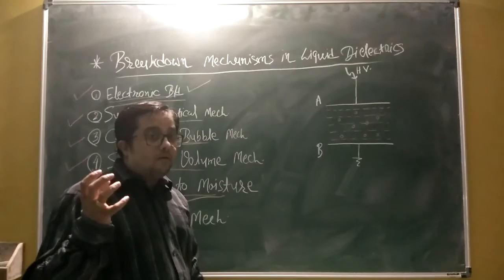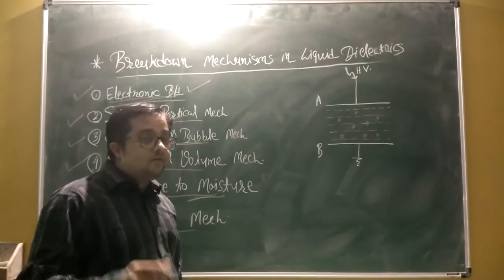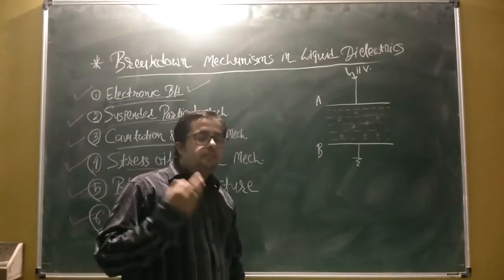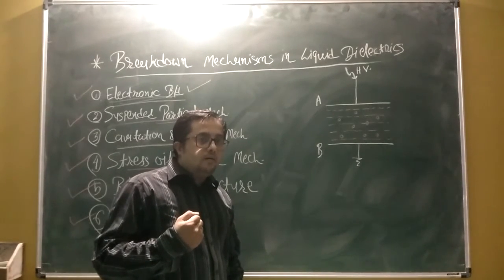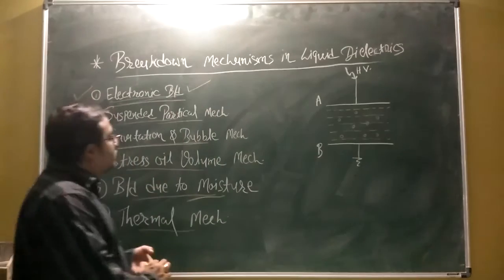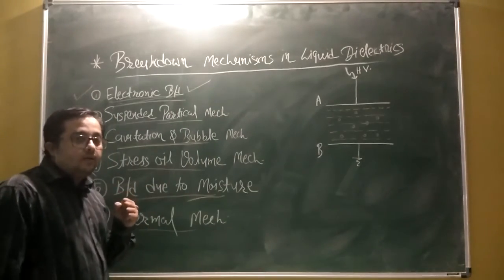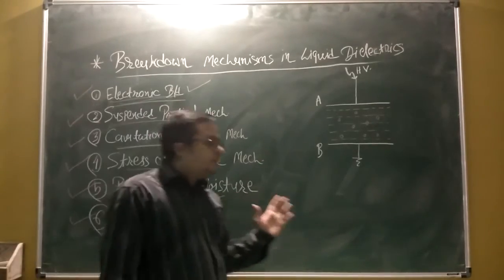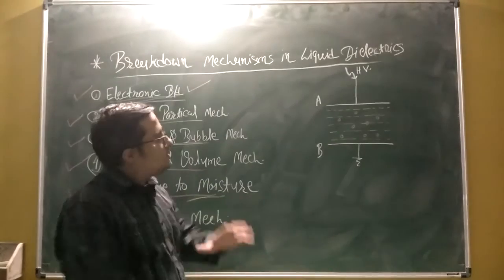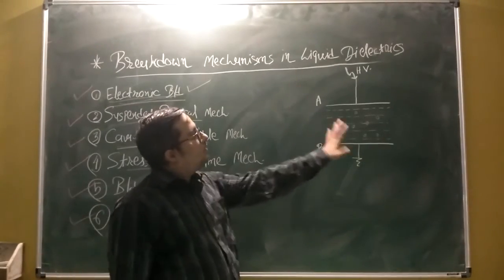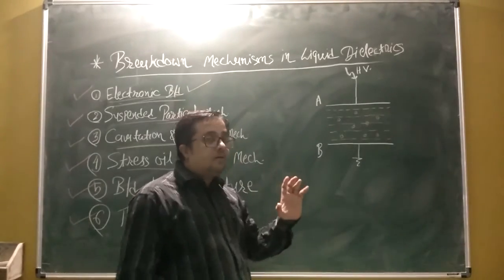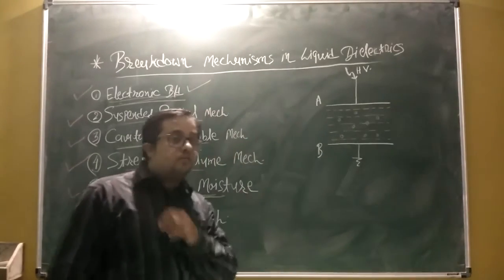Because when we purchase commercial liquids, first we purify them, and after the purification we conduct the breakdown voltage test just to decide its quality. Once the quality is good, then we can use it in transformers or circuit breakers for the purpose of insulation. So here we have a question: what are the possible reasons